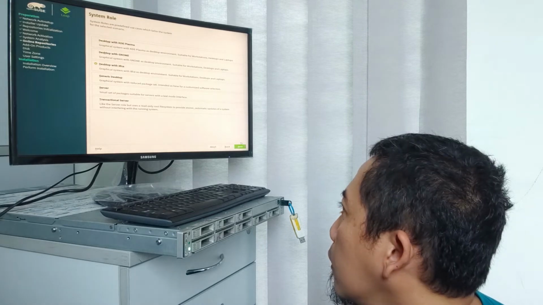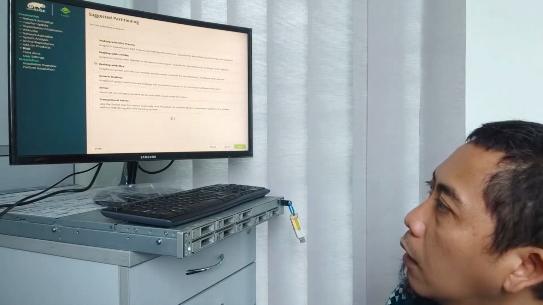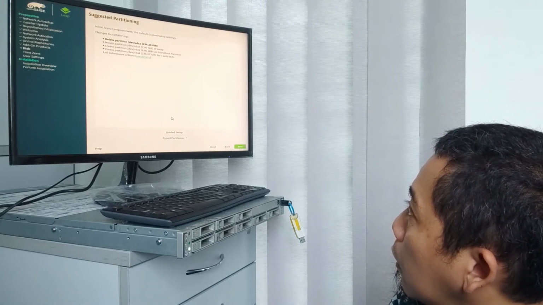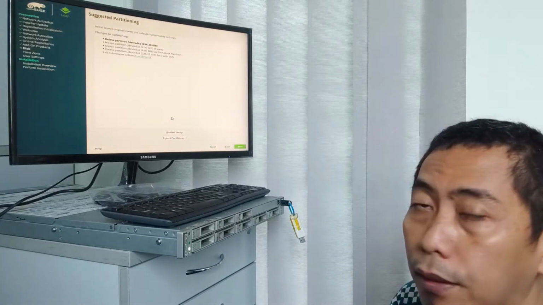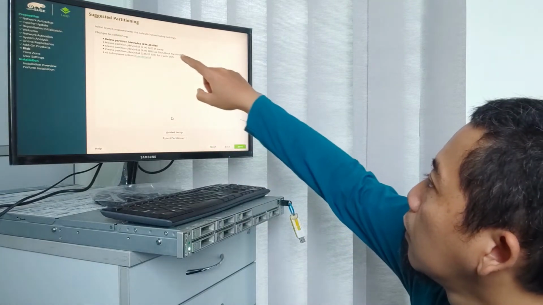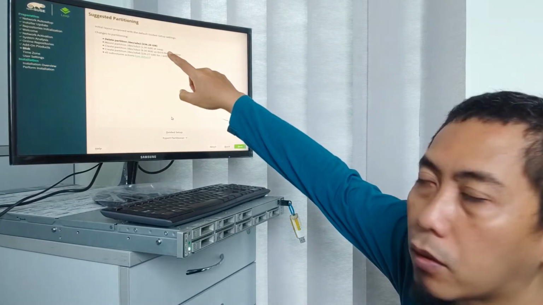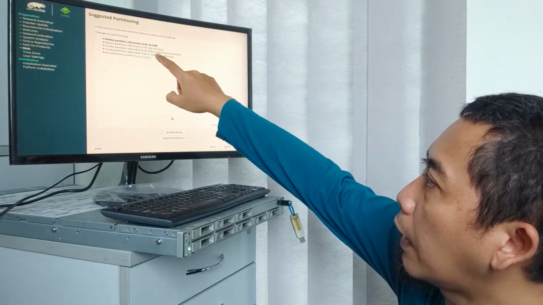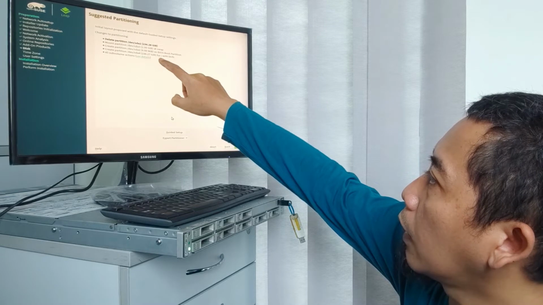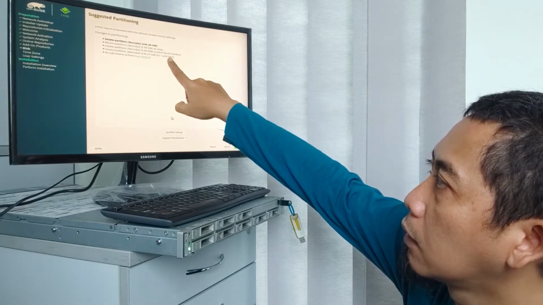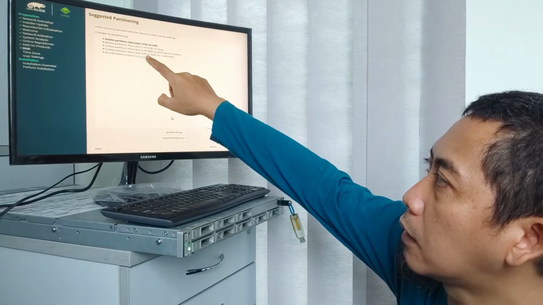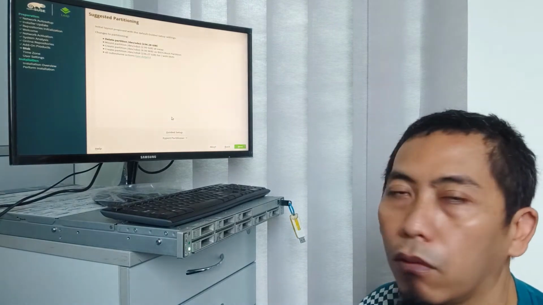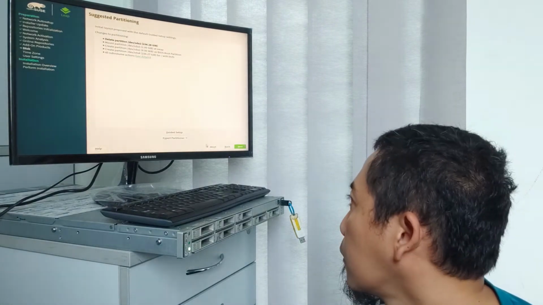So I choose this one. I choose next. They will split the configuration by default. They will create swap 2 gig, and they will create a BIOS boot partition of a few MB, and then will create a root with BTRFS 236 gig. So I will choose the default configuration without messing up or changing it.